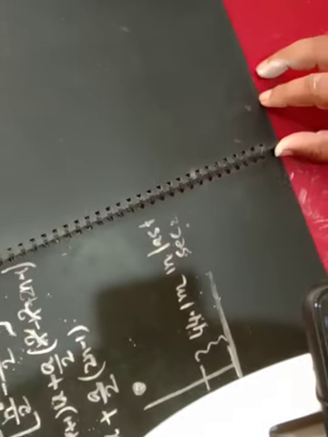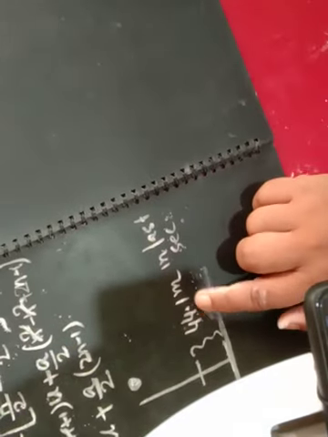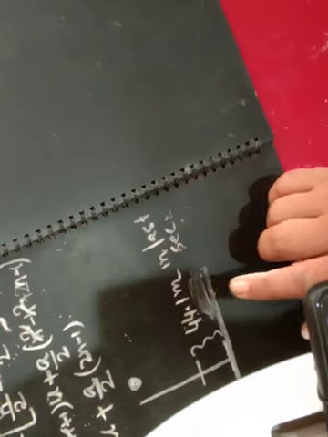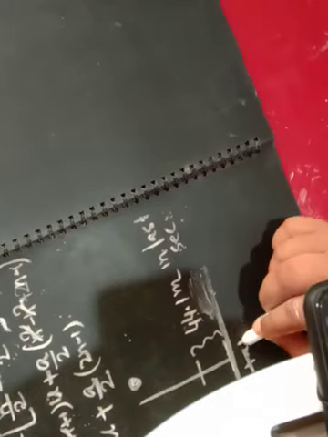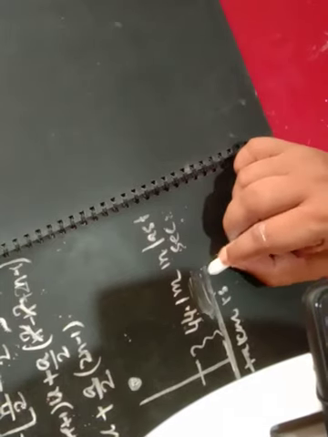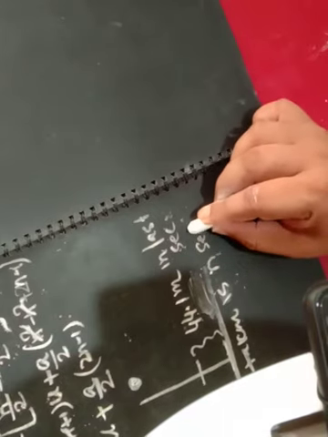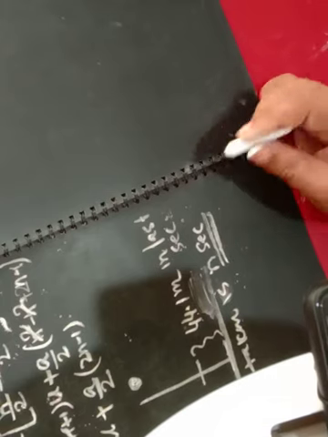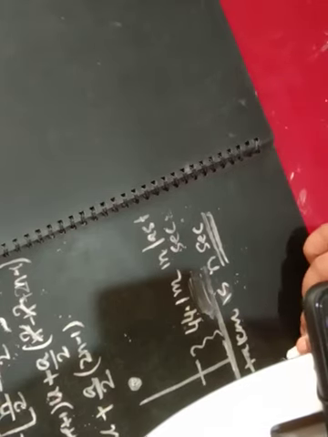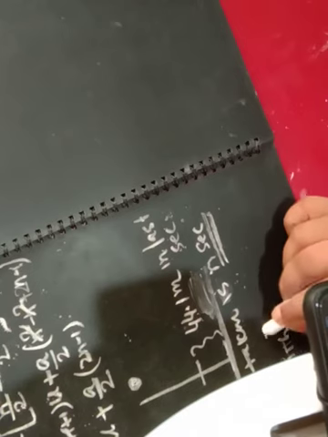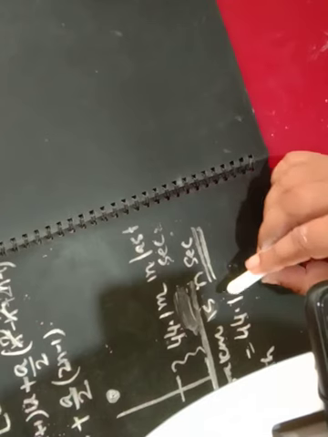But one thing, listen: I told you that in the last second it traveled 44.1 meter. Last second means suppose the time taken by the stone is n seconds. So what will be the Snth, the distance traveled in the nth second? That part is given. The distance traveled by the stone in the last second, Snth, is equal to 44.1 meter.